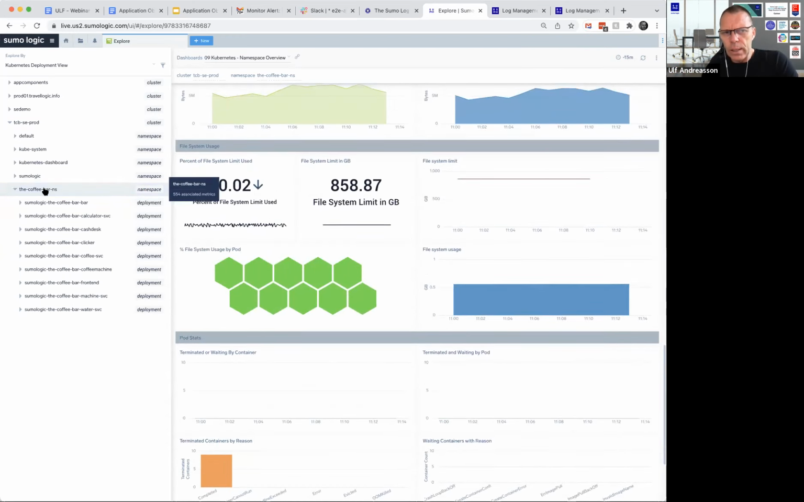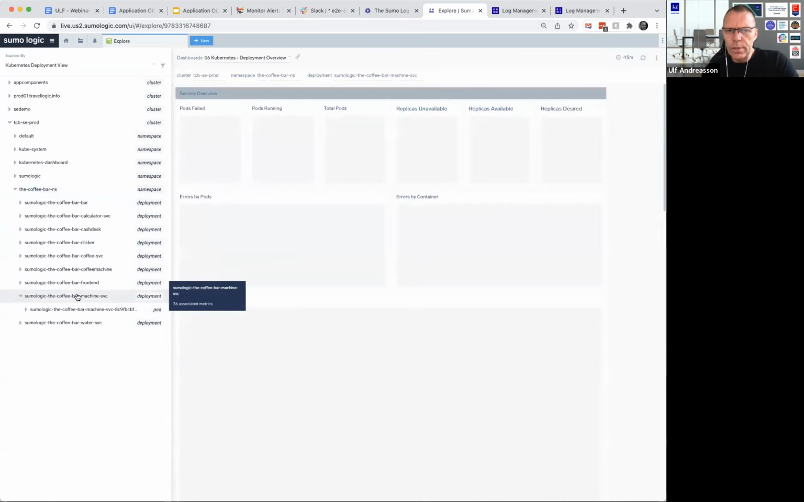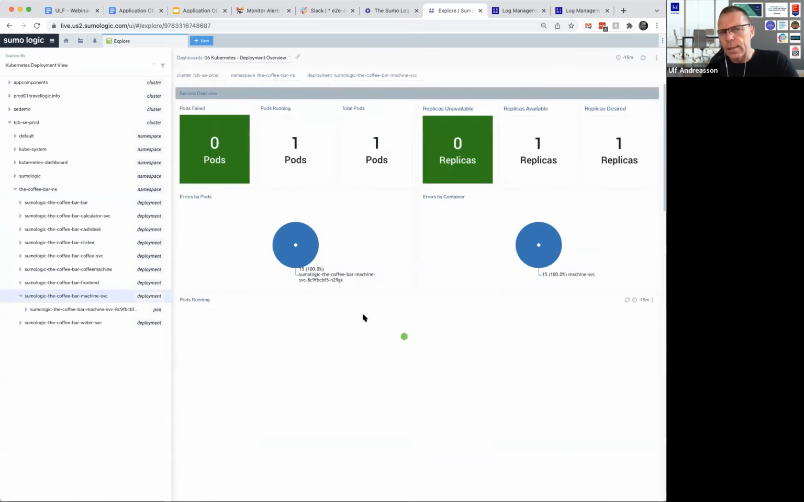Because I look at this namespace, I can also see all the different deployments here. If I want to go into one of these deployments, like the machine service, I can do that. And I'm going to get the information with regards to that deployment from a resource perspective. So this is not brilliant if you're a developer. You probably couldn't care less. But what you would do is see, okay, everything seems to be fine with regards